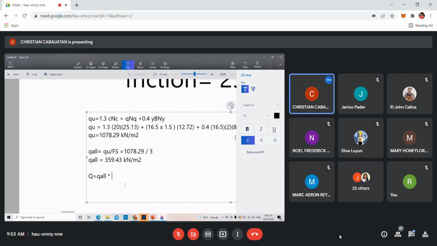Yes, sir. Okay. Ang area ng square is equal to B squared. Therefore, ang Q natin is equal to 359.43 times the area, which is 2 times 2, 4. Okay? So the answer would be